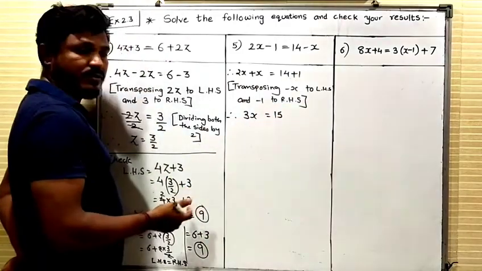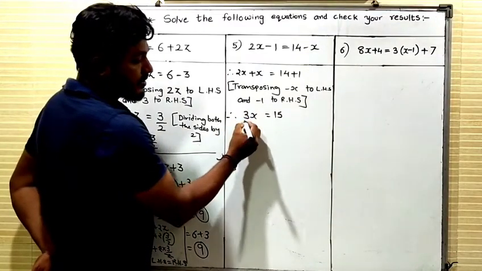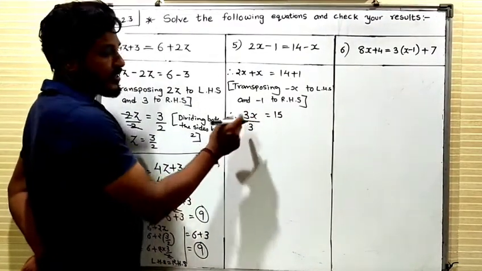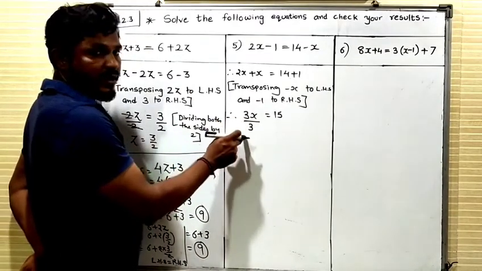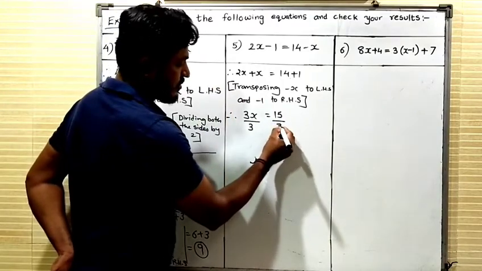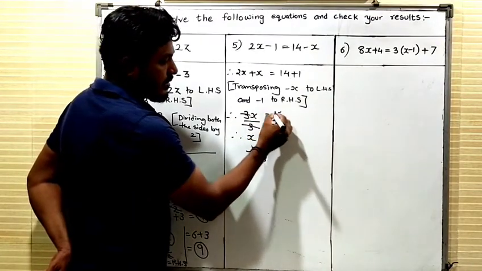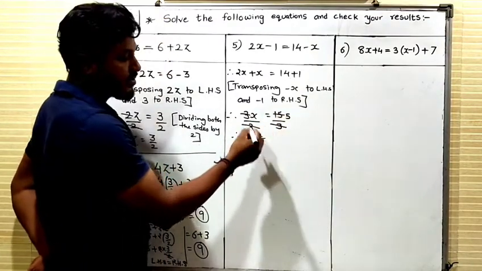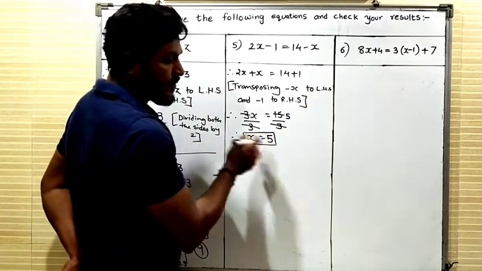Now dear student, as I told you earlier, I need to eliminate this 3. So what I will do? I will divide this 3x by 3 so that 3 and 3 will get cancelled. Whatever value I have taken toward my left, same value you have to take toward your right also. 3 and 3 cancel. 3 5s are 15, cancel. If cancellation is possible, you have to cancel. So value of x I am getting 5 over here.